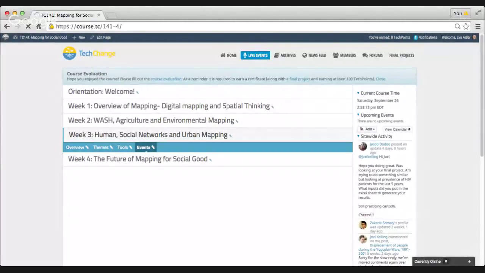So more on bringing different parties in government